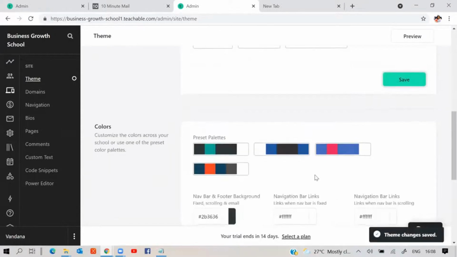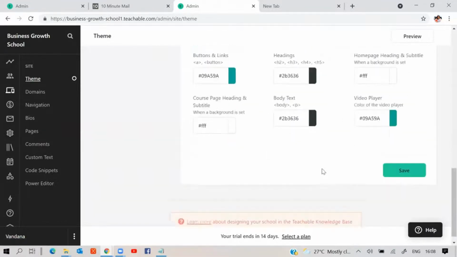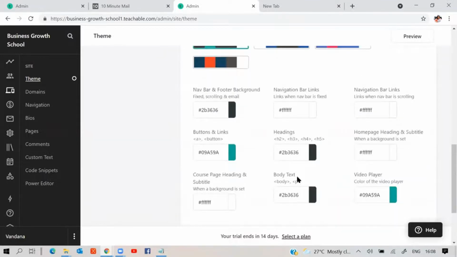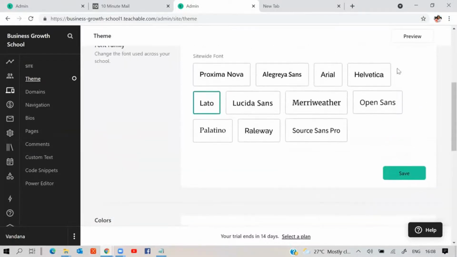Okay, so this is how your site will look and the color combinations on your site. So if you see, my setting is blue, and let us take a different setting here. Let us take blue and green. This is what I want, and the rest of the things I leave default. I'm not changing much here, provided you have some specific colors in mind. These are all the color coding: how your video color should be, how the body text should be, what should be the color of the button, what should be the color of the heading, how big or small the heading should be. These are all customization. But at this stage, these are all beautification of your site. Okay, so this beautification can wait, and there is a preview button.